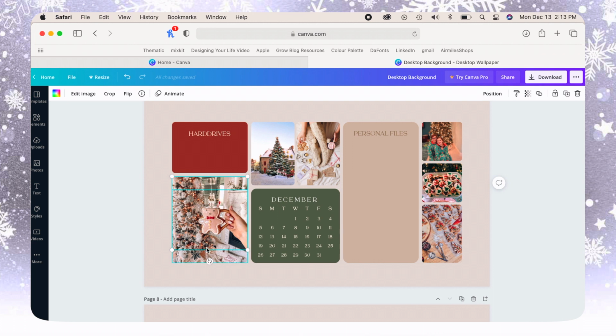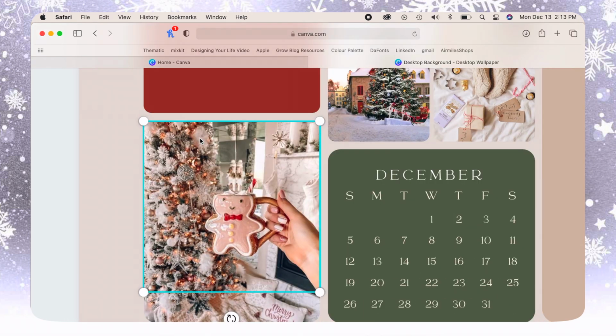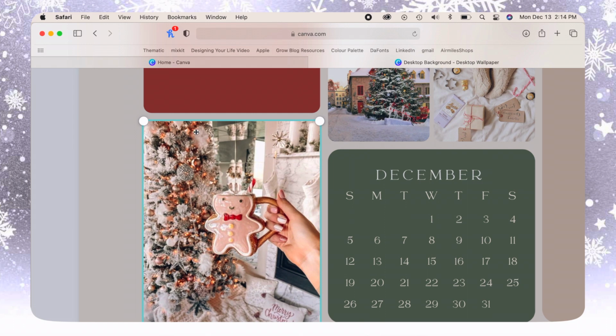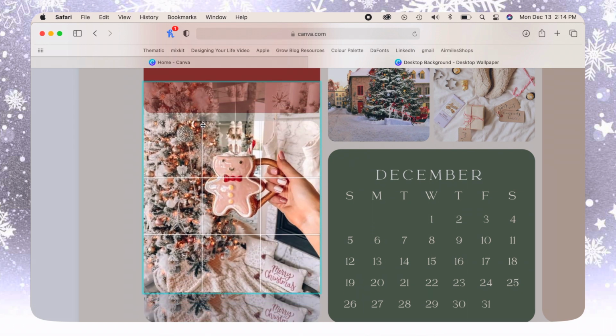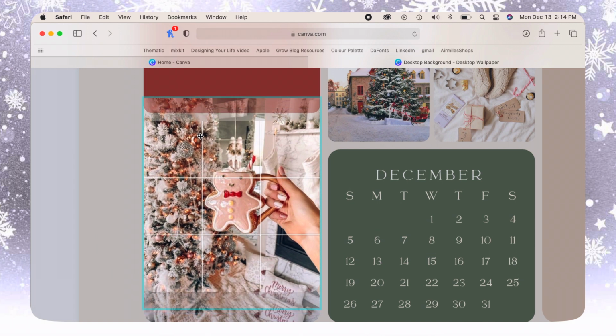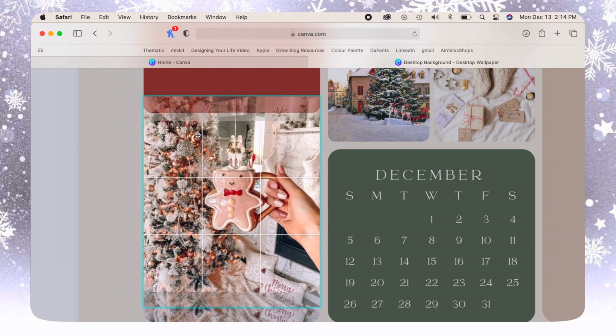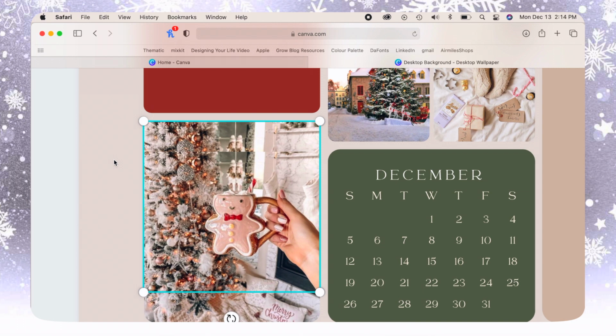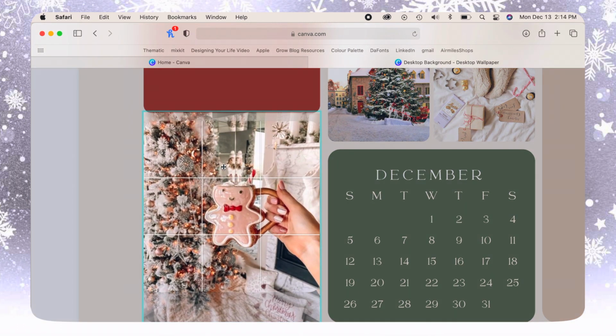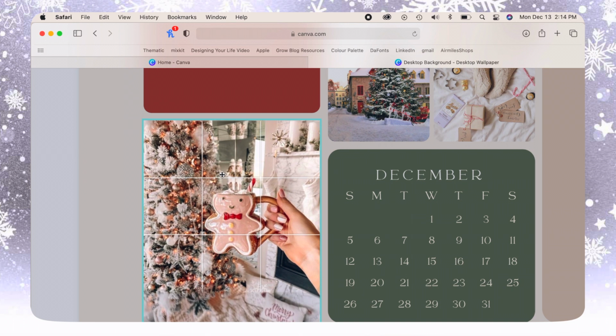So what I did was I added 2 different frames overlapping and then added the photo. I'm just gonna zoom in here. And what I did to make sure that it matches up, you can double click in the frame and you can drag to edit the selection of the photo that is shown in the frame. So it might be kind of off kilter when you first add it, which obviously does not look good. You click and drag until it is aligned with the other photo.